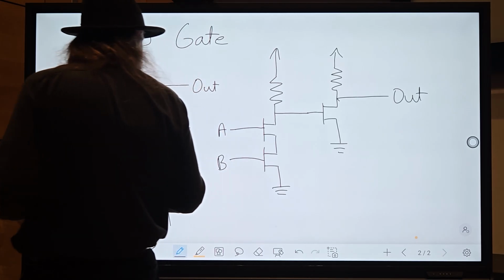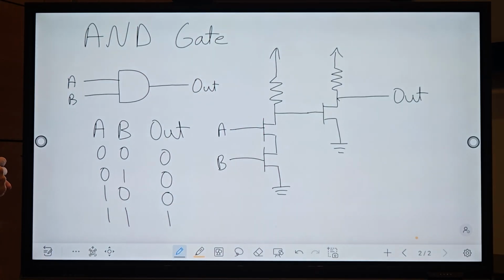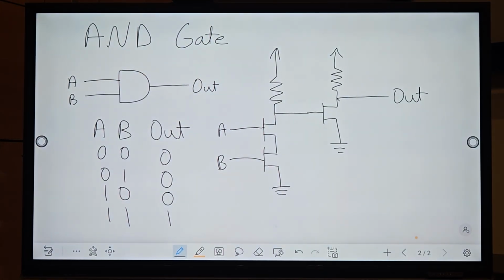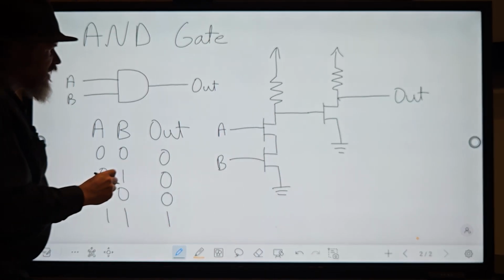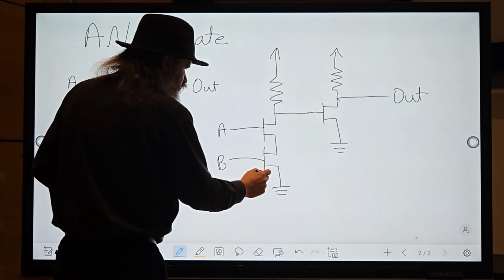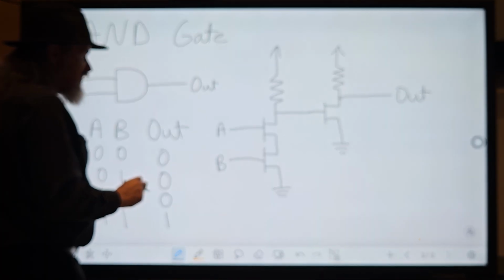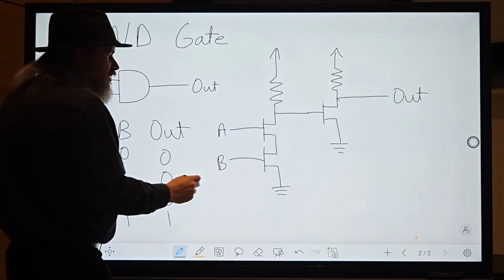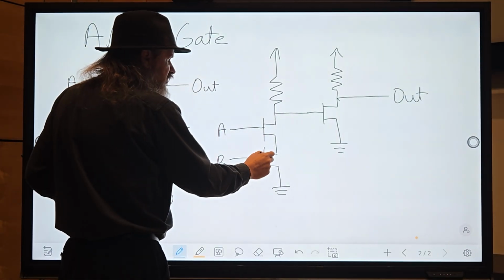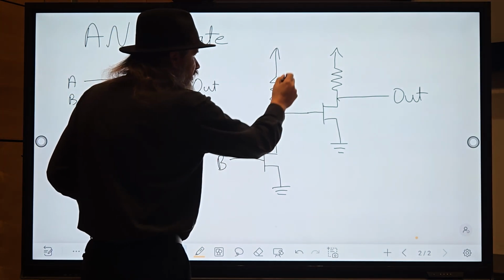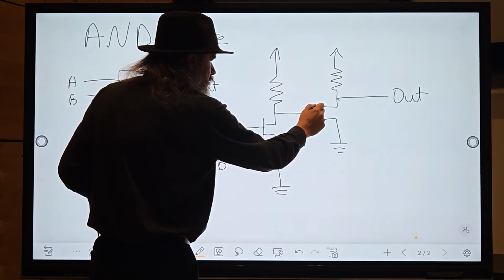All right. It's 3 transistors minimum. Again, in practice, they use more to have cleaner outputs, but basically, if one of A and B is 0, one of the 2 transistors is going to be turned off, sending a high signal here,